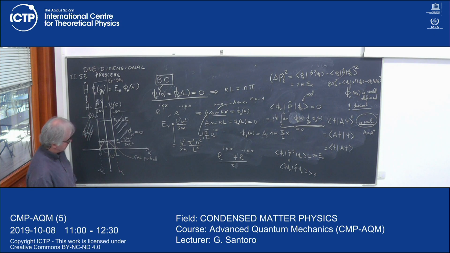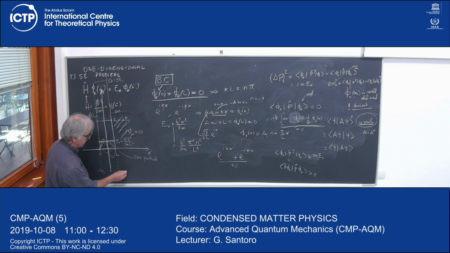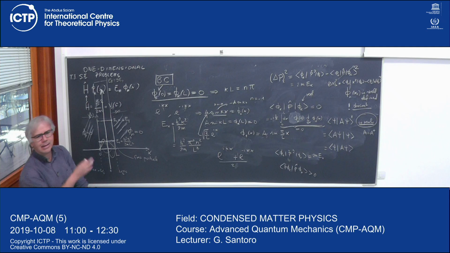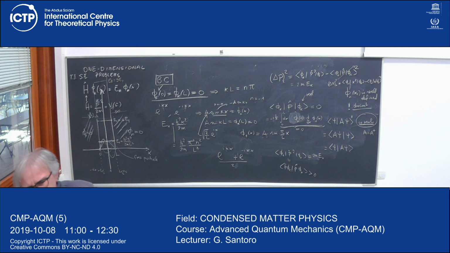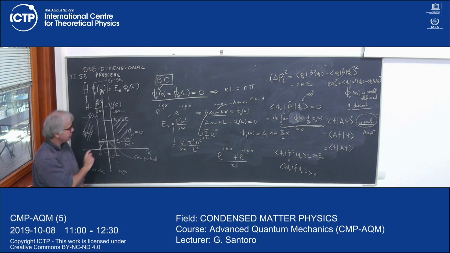Or sometimes you call this A, and this minus A. In this case I would say that the width of the cell is 2A. There are several things that you can do, just notational convenience. But there is an important aspect in the story in putting the origin in the middle. The potential is more symmetric, okay? You realize that it is in fact even with respect to this origin.